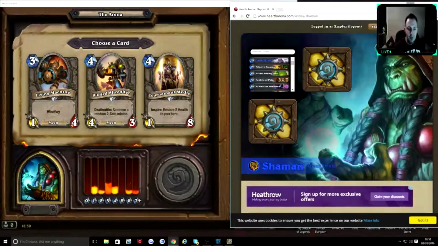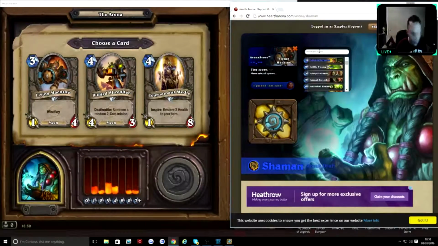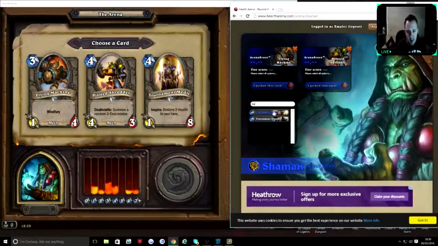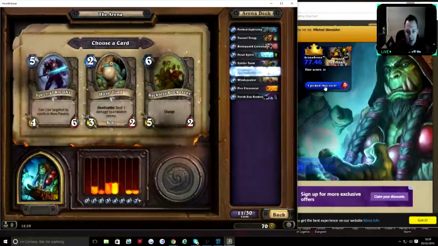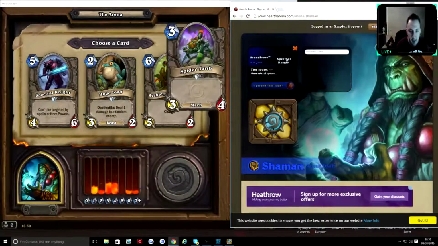I still think that it's going to tell us to pick the Pilot Shredder here, just because once again it is probably the best card for this particular deck, and also it's the best card in this selection. So yeah, Pilot Shredder is the card that the website has told us to pick. So next is Spectral Knight, Huge Toad,